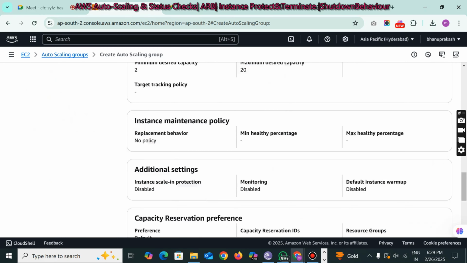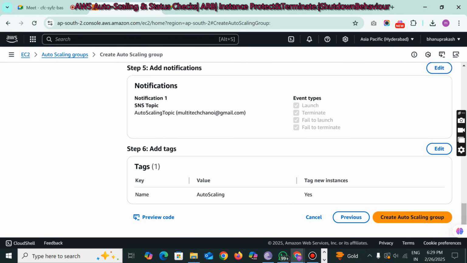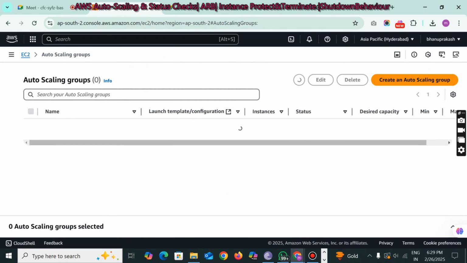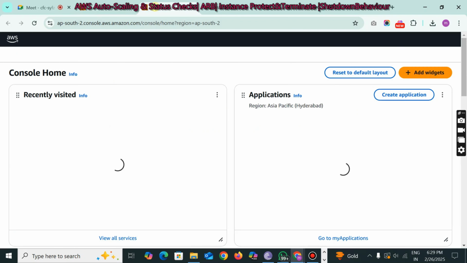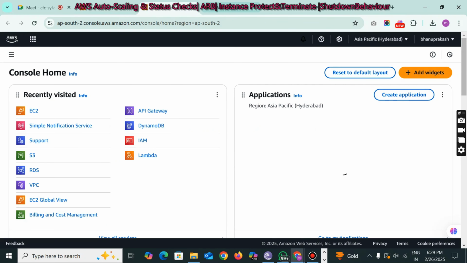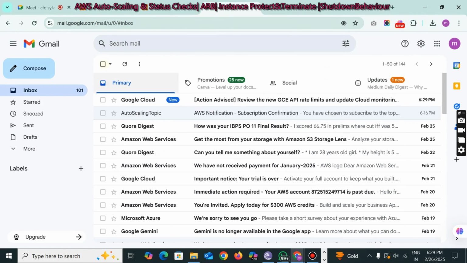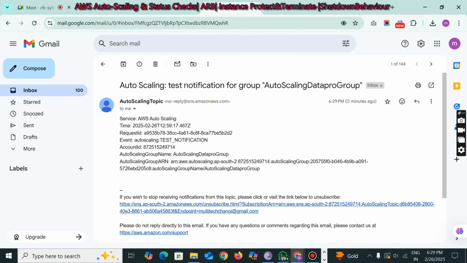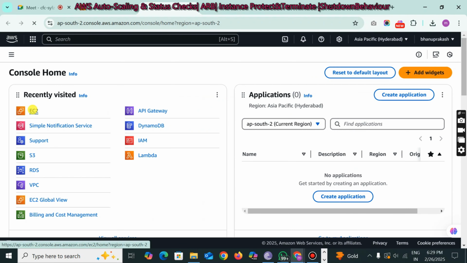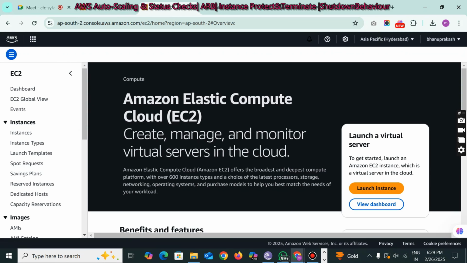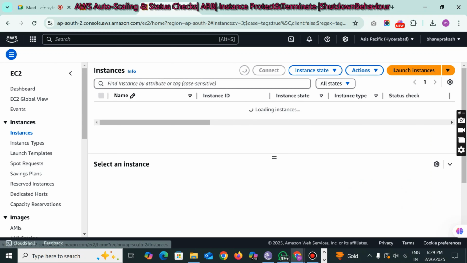So just scroll down and click on create auto scaling group. Now see what happens. Now I will go back to my console and see here. I already started receiving the emails from the AWS side. See, notification. Now how many instances will get deployed? I am going to instances now. Now see,